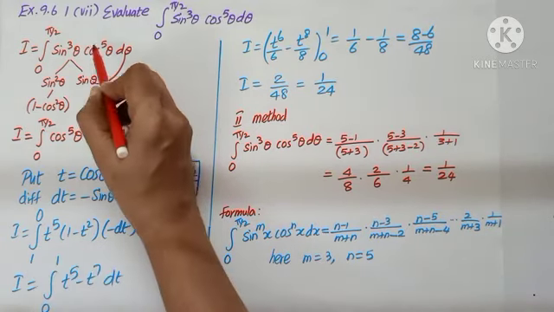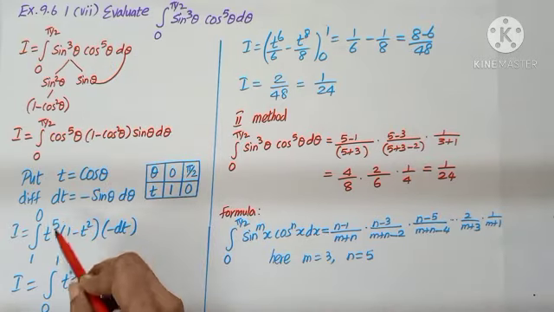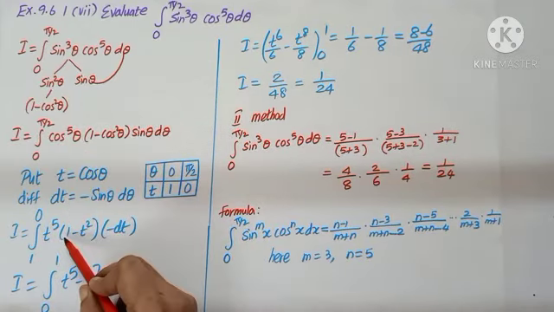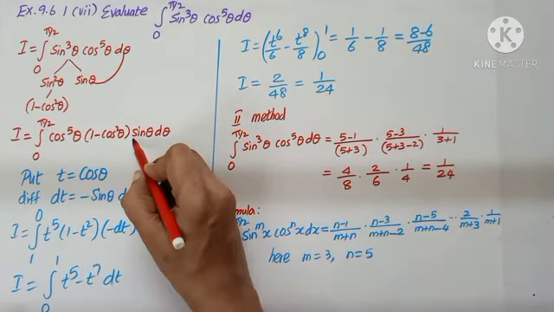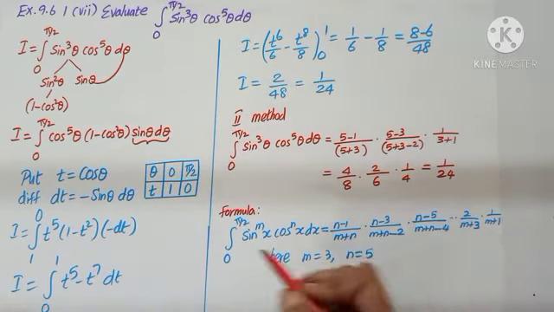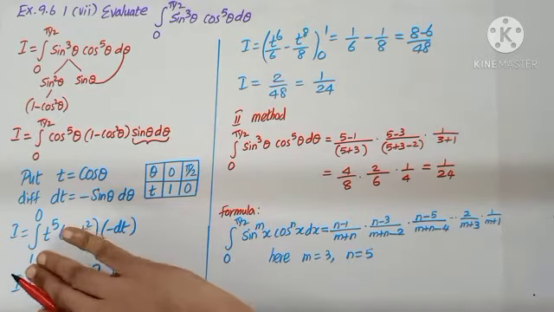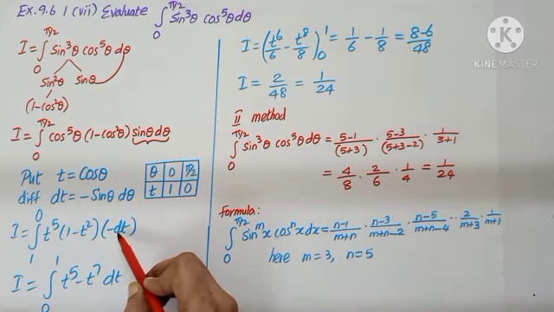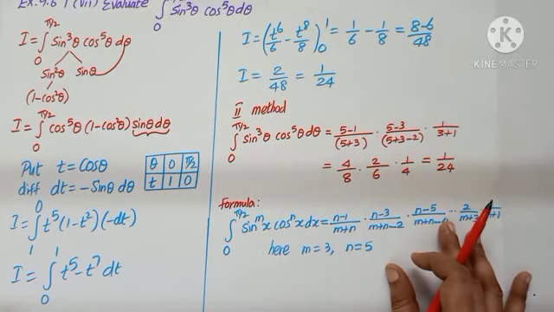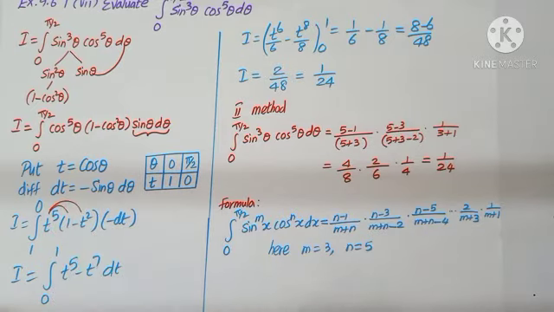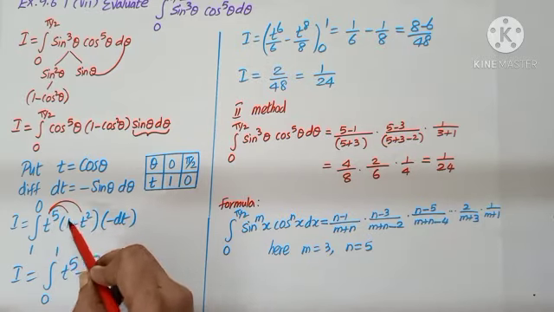Integral. Cos power 5 theta is t power 5. Sine square, which I have written 1 minus cos square, I can write 1 minus t square. Sine theta d theta, I can write minus dt. As I have minus symbol, I can interchange the limits. 1 to 0 with a minus symbol, I can write 0 to 1. T power 5 into 1 minus t square, let us multiply. T power 5 into 1, t power 5 minus t power 5 into t power 2, add the powers, that